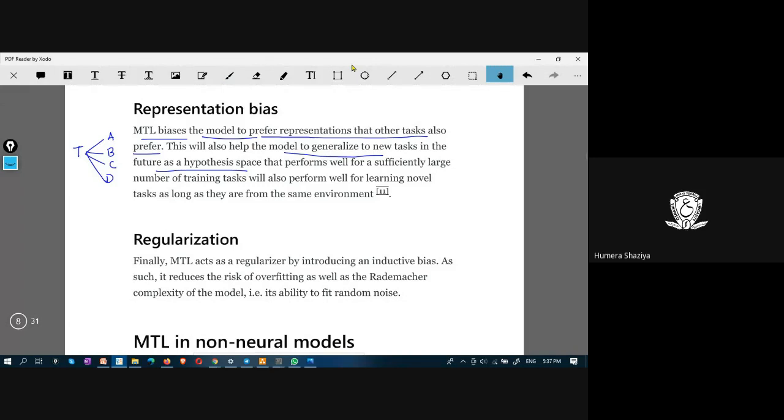So when MTL prefers one model, here there is a slight variation.